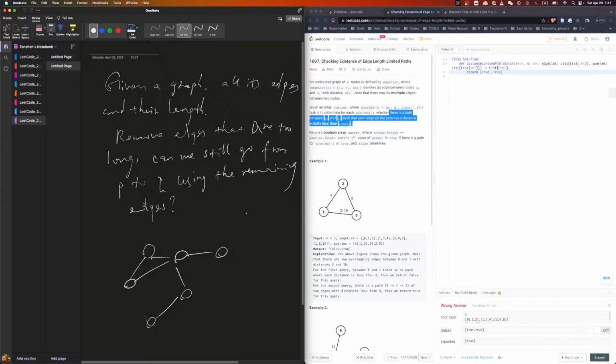But how do you know if it becomes unconnected? I mean, even if it's not connected, that's fine. If the target is within the target,